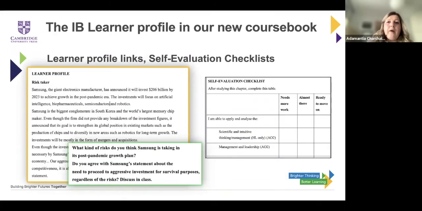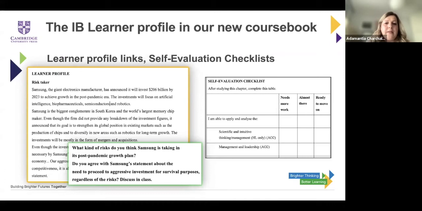The IB learner profile in our new course book. The IB focuses on 10 attributes that our students need to have as IB students. And in our book, we have tried to link these 10 attributes with content and context. So in this example that I'm giving here to you, we have the risk-taker attribute, which is linked to Samsung as a business organization and its growth strategy.